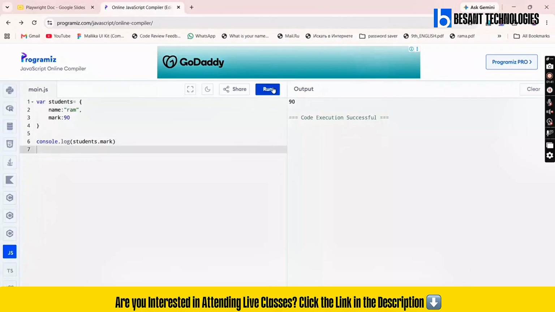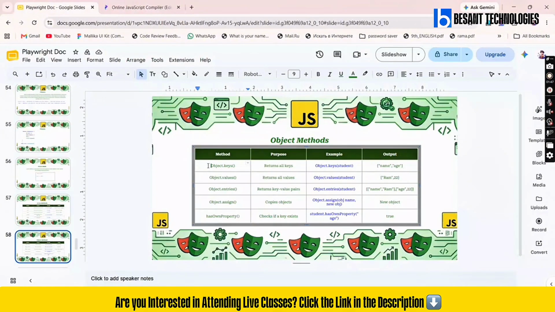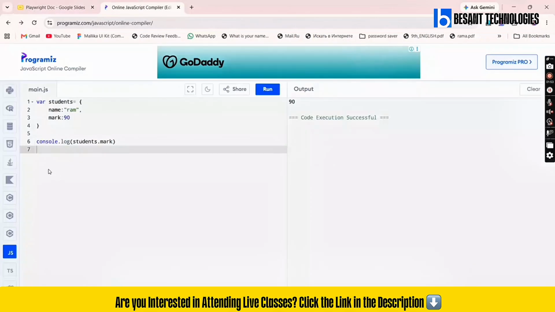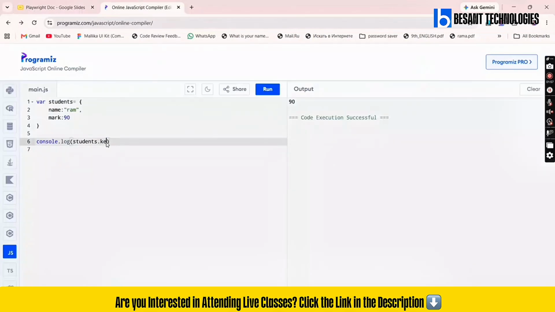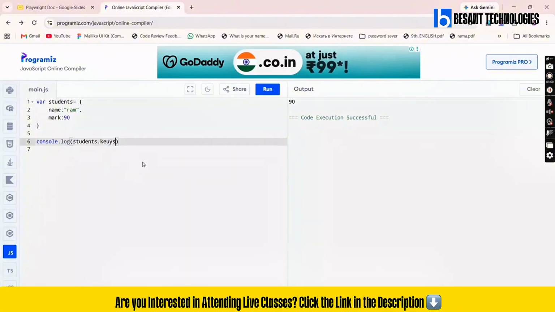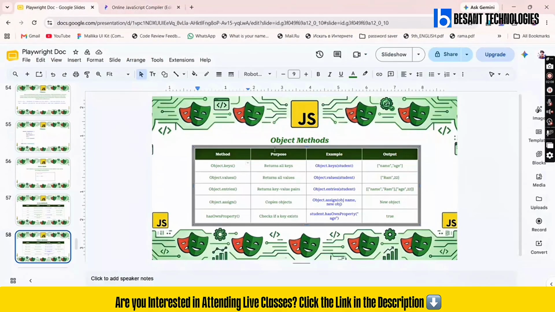Okay, so this is nothing but the objects. Now let's quickly check what methods are there in objects. Basically, we have object methods, so let me use a console log on many of them. If we have Object dot keys, for example, if I'm going to use student dot keys, it returns me what are the,